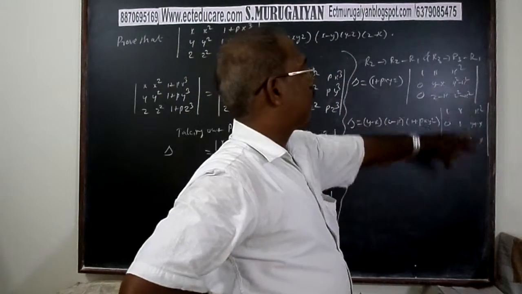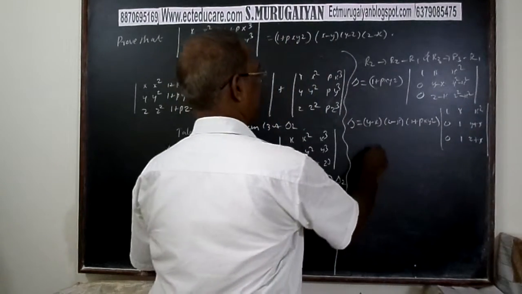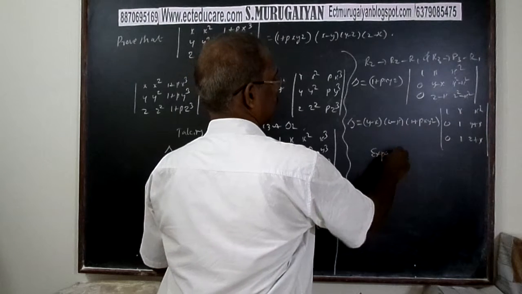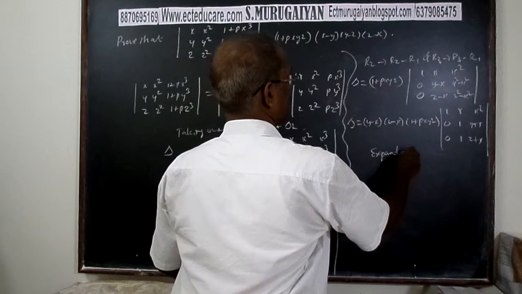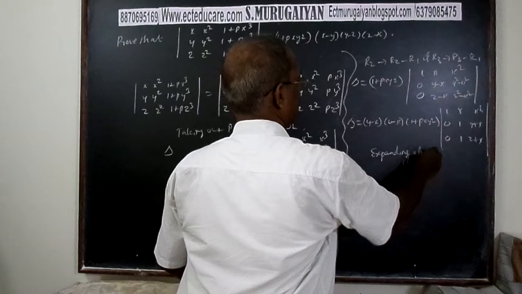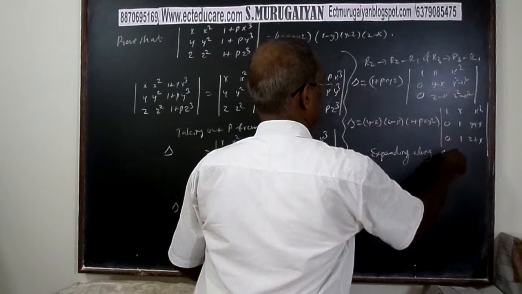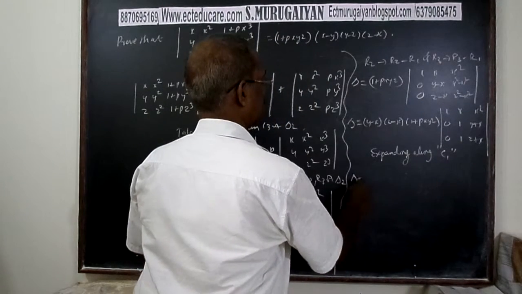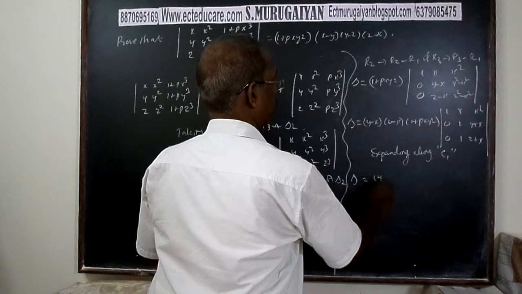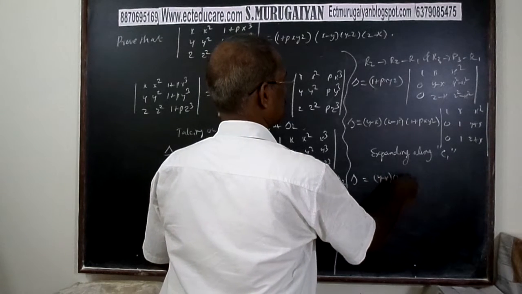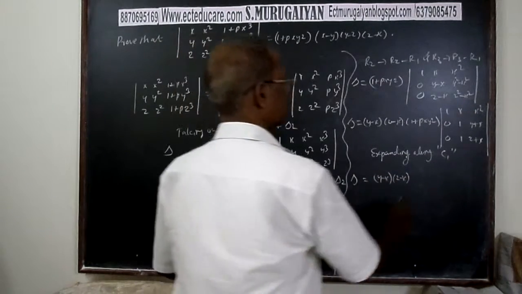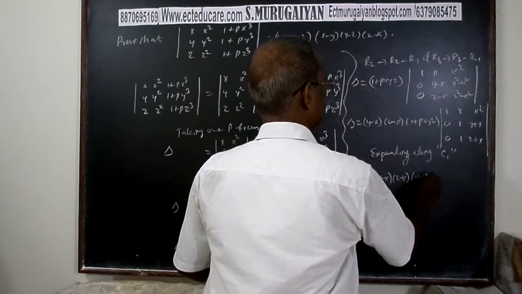Let us expand the determinant along C1. Expanding along the first column C1,